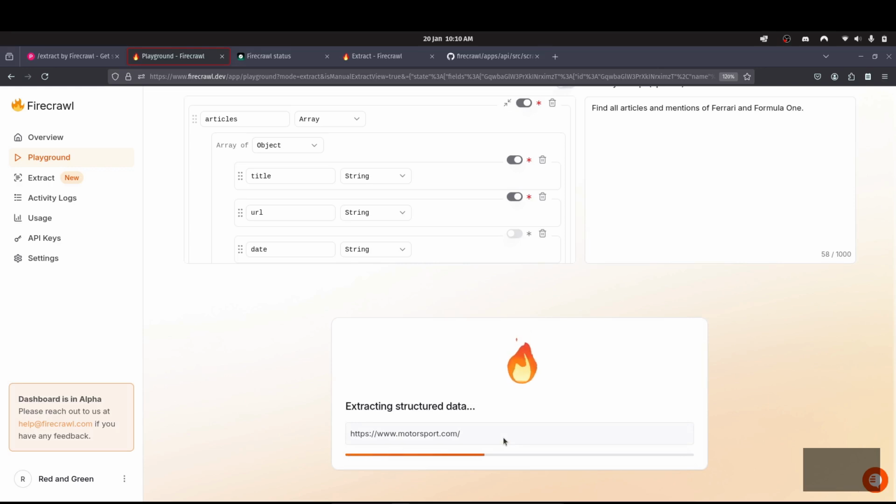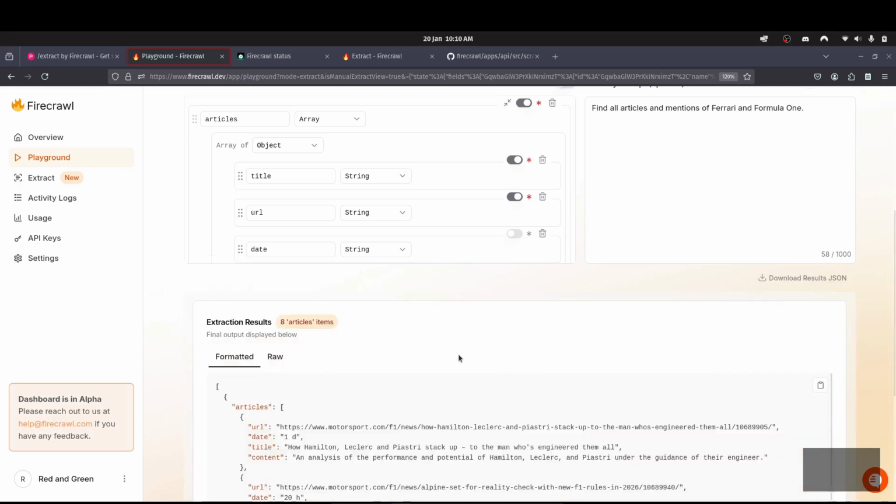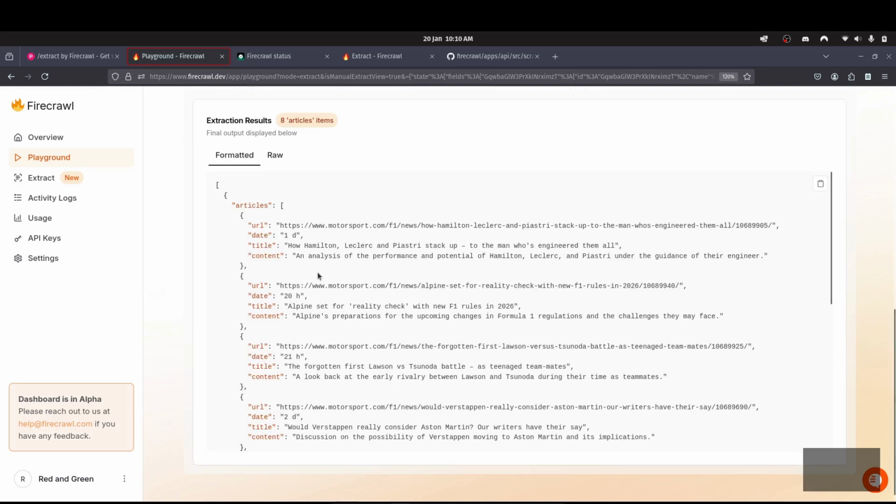So I'm taking a minute or two because I'm obviously talking about this, but if you were using it as part of your job, yeah. This playground is obviously just for demo purposes, but you'd already have some code and you just tweak it, and there we go. So articles,